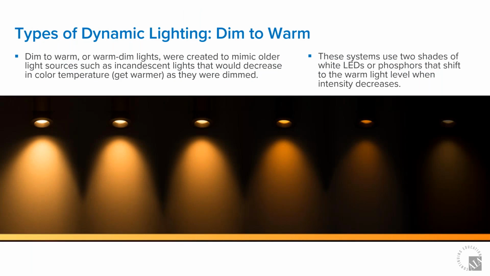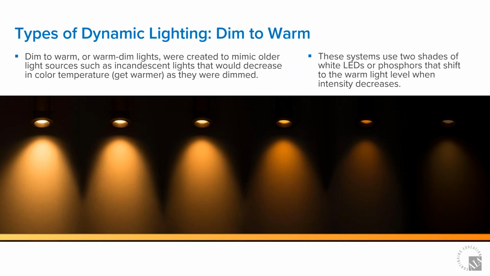Types of dynamic lighting: dim to warm. The simplest form of dynamic lighting is dim to warm. This dynamic lighting strategy mimics the color shift of traditional sources, such as incandescent and halogen, when they are dimmed. This type of dynamic lighting is achieved by using 2 shades of white LEDs, usually on opposite ends of the spectrum, like 3000 Kelvin and 5000 Kelvin, and changing the light intensity ratios to color shift,